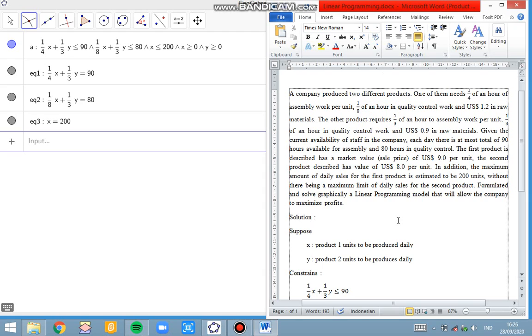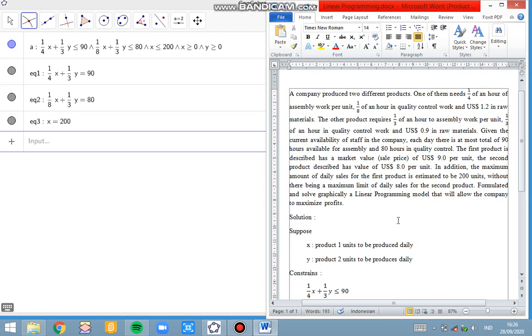$0.9 in raw materials. Given the current availability of staff in the company, each day there is at most a total of 90 hours available for assembly and 80 hours in quality control. The first product is described as having a market value or sale price of $9 per unit, and the second product is described as having a value of